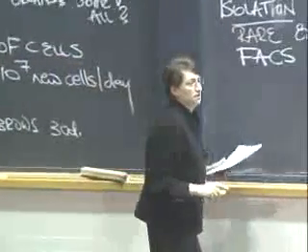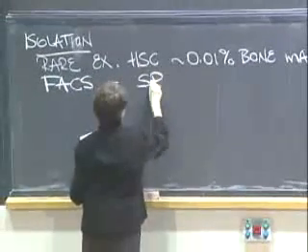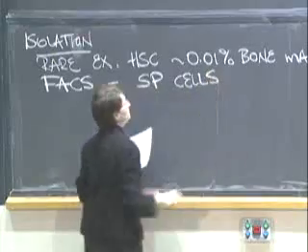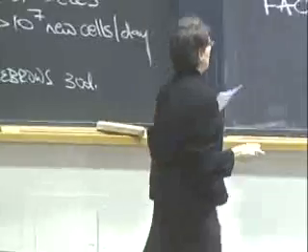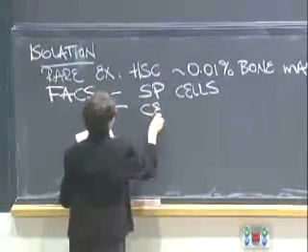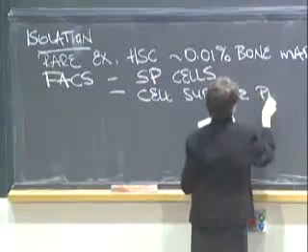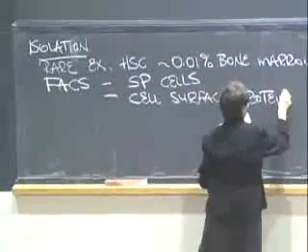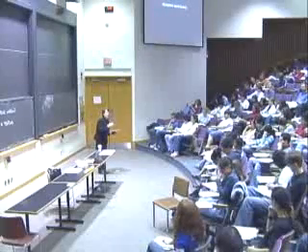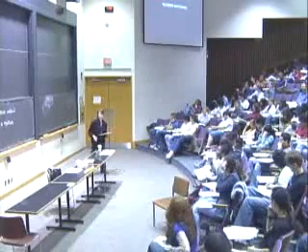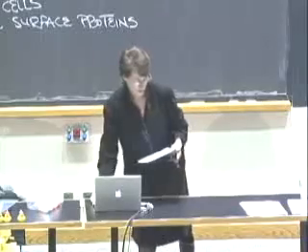And there are two ways that FACS has been used to isolate stem cells. One is by getting a group of cells called SP cells, where the SP stands for side population. I'll talk about that more in a moment. And the other is through the use of cell surface proteins that are characteristic or enriched in stem cells. And this has been many decades of work by many people to come up with a set of criteria by which one can enrich for stem cells in a particular population.